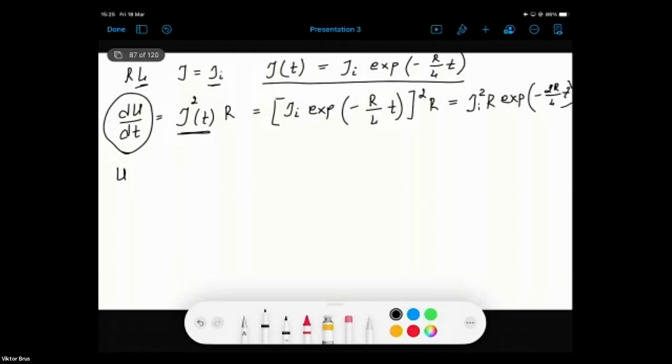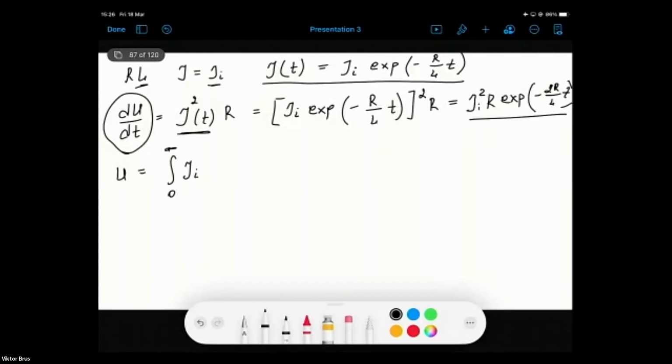So we can just integrate this equation in the time frame from 0 to infinity. We are sure that over infinitely long period of time, all the magnetic field energy accumulated will be transformed into heat dissipated over the resistor. So we have the integral from 0 to infinity,